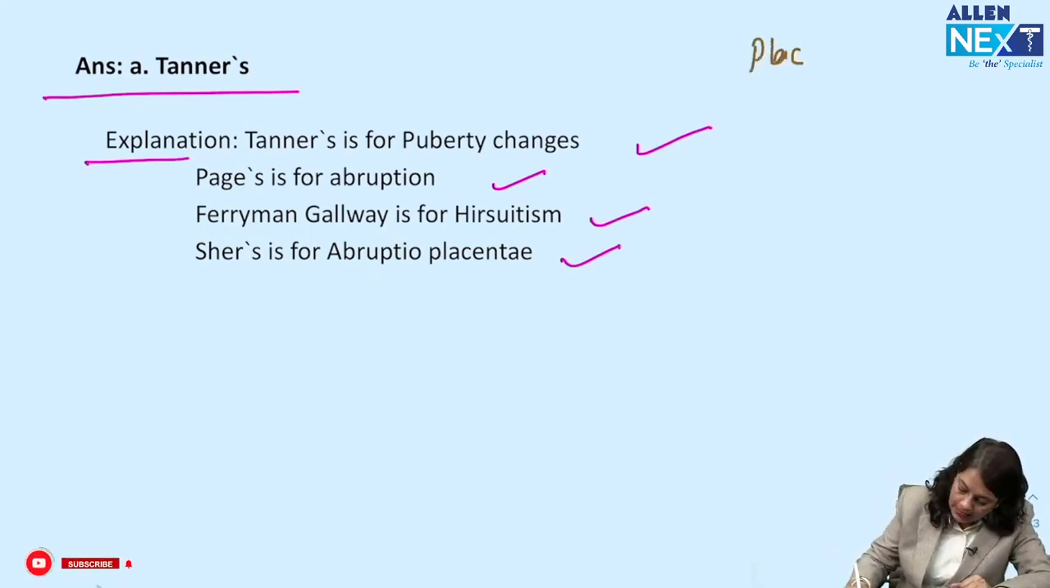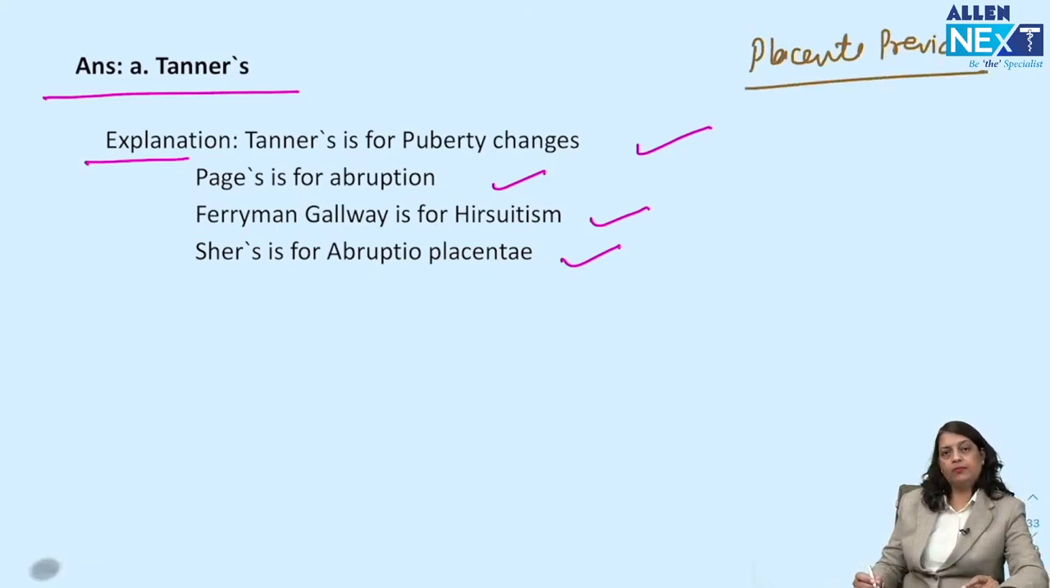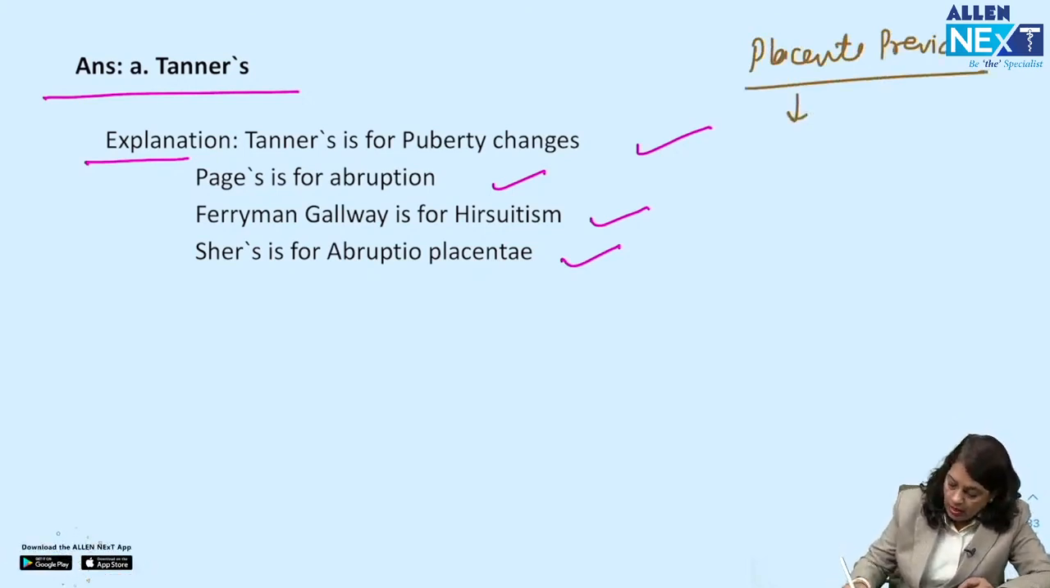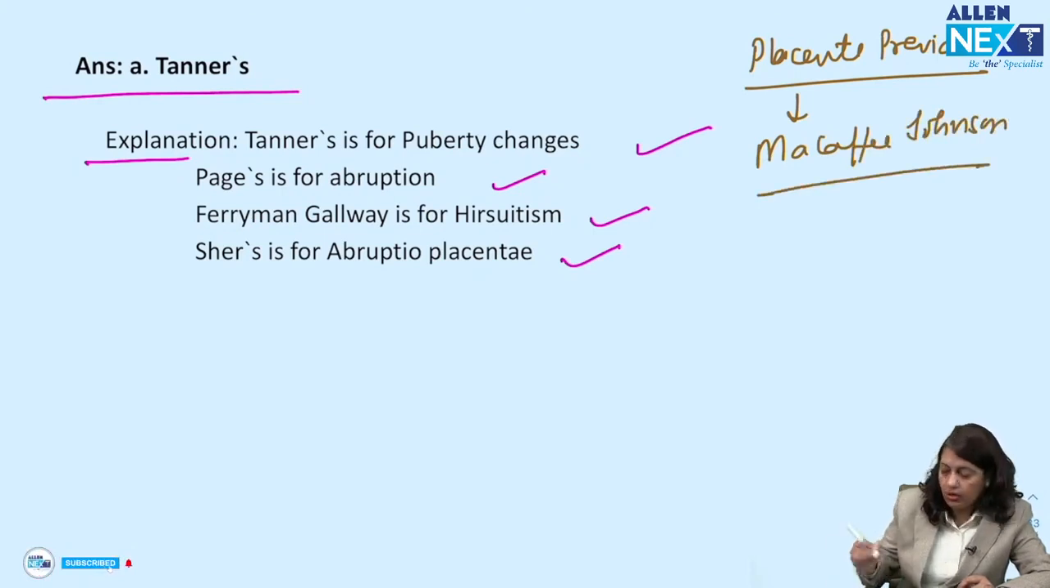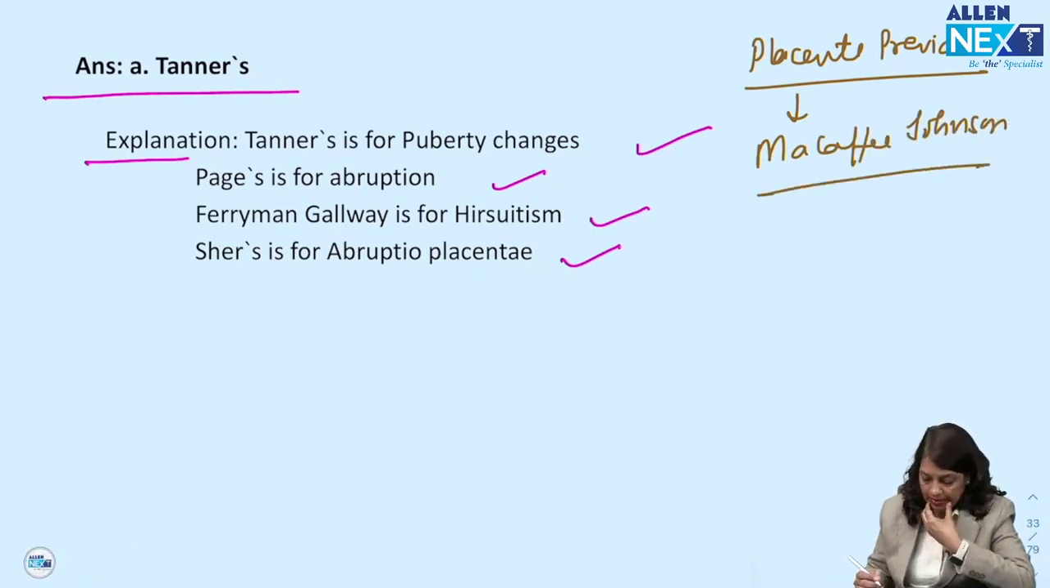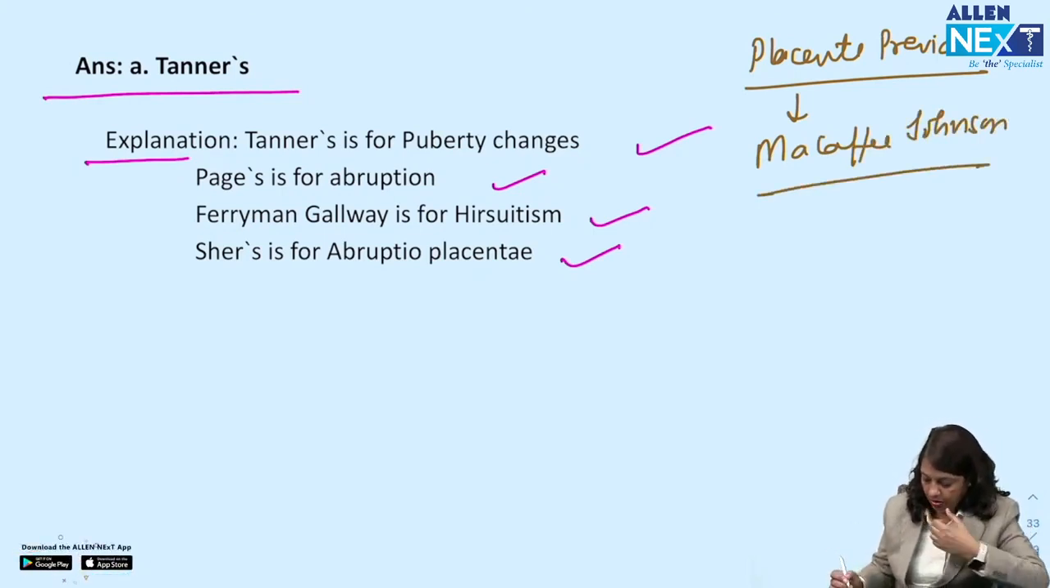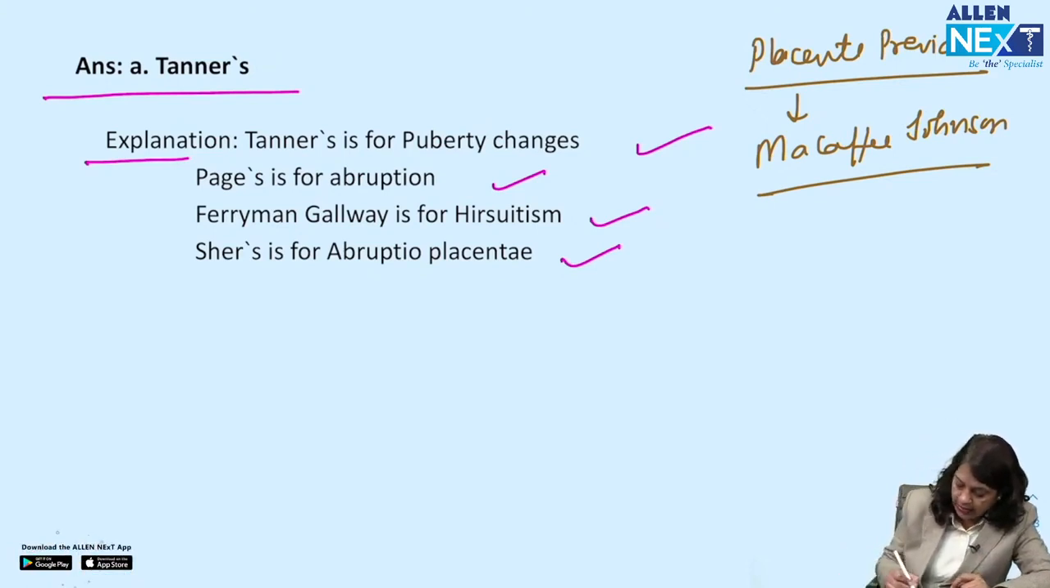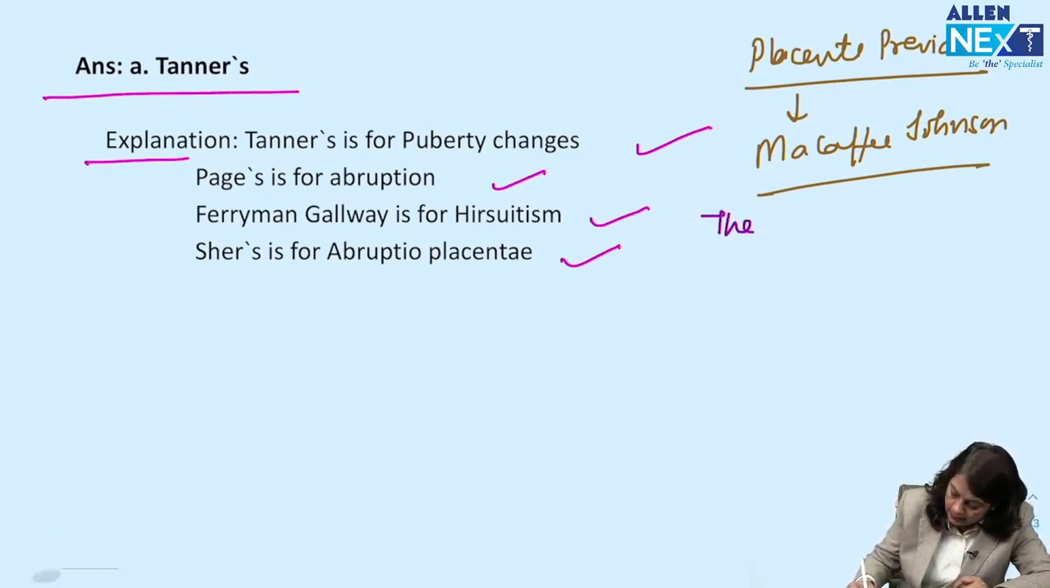Now for placenta previa, what is the regime? Answer is Macafee Johnson's regime or conservative management. Okay. Now, the sequence of puberty in girls is